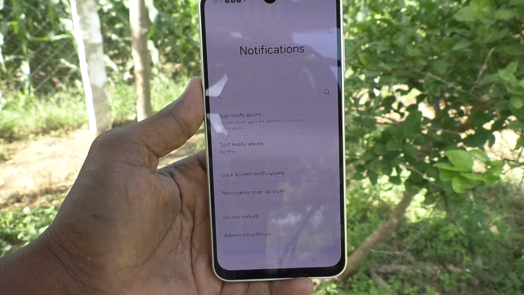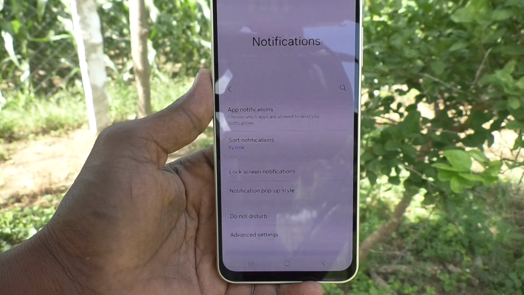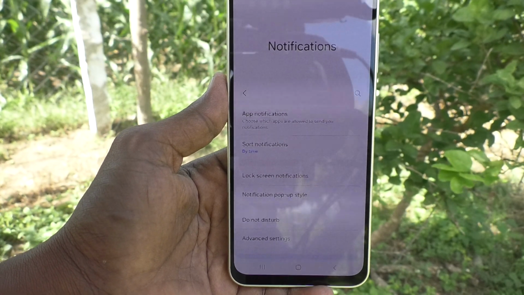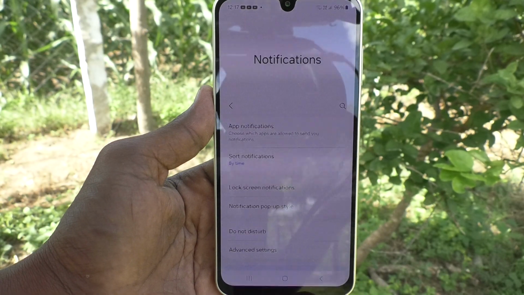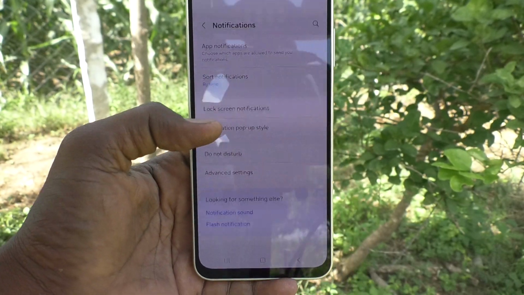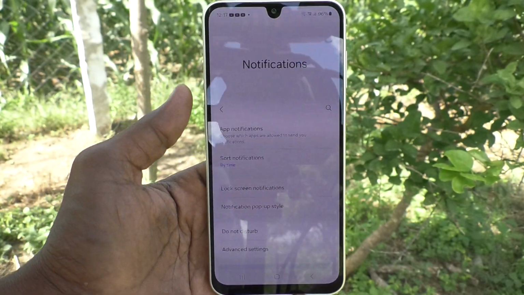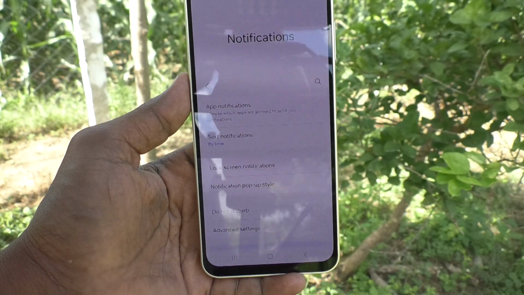Okay, for example, older notifications will be listed behind, okay, and new notifications will be showing first. Okay, so by those priority it will be showing if you select by time. Okay, in this way you can easily change sort notifications in your phone